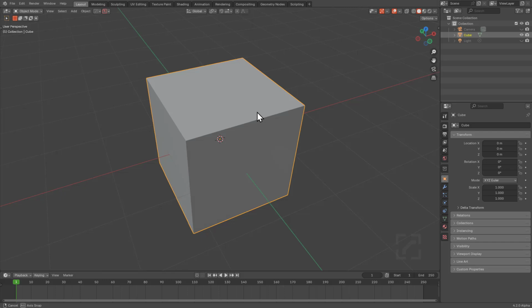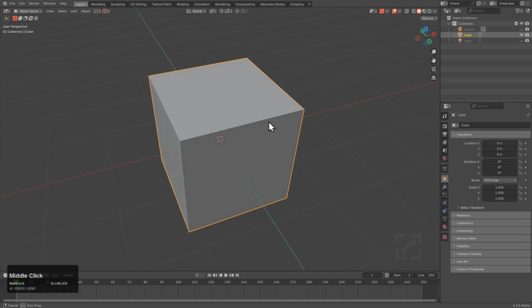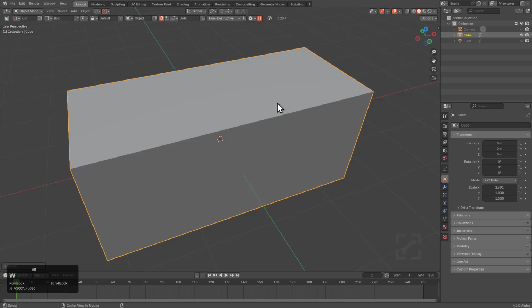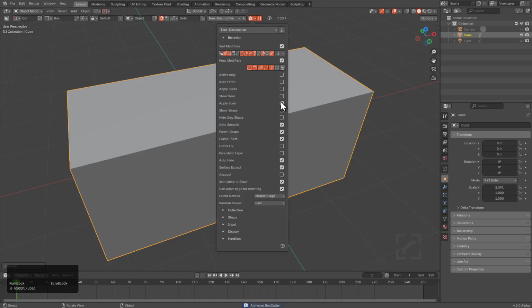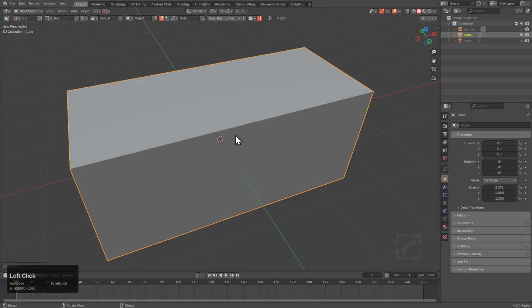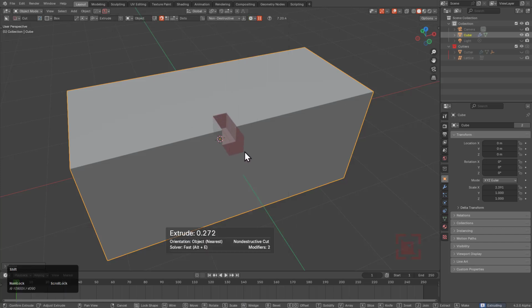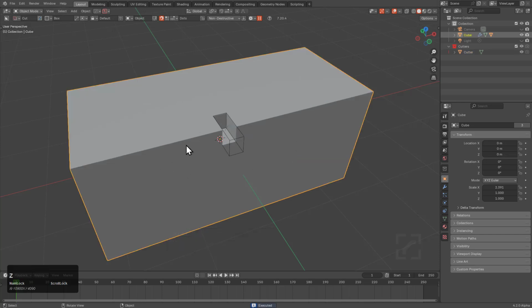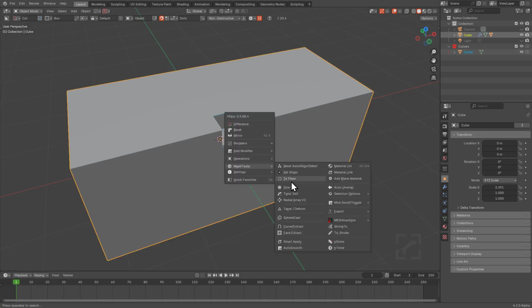Whenever it comes to issues like scale-based issues with booleans, we certainly try our best to prevent users from running into them if it can be avoided. For this, we will S X scale the cube out. We'll press Alt-W to start Boxcutter, but I'll go in the behavior panel, and we're just going to turn off apply scale, which means that whenever I draw a shape and I shift it to live, this shape is still unscaled or unapplied on scale. And this means that whenever I choose to perform a radial array operation,